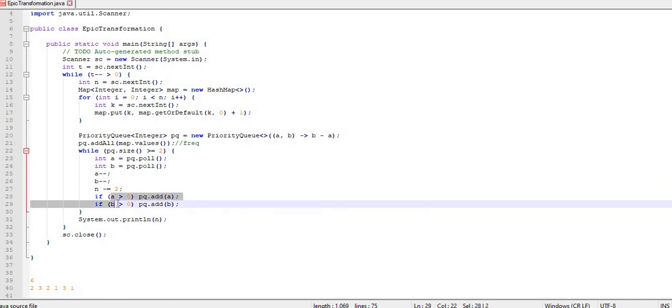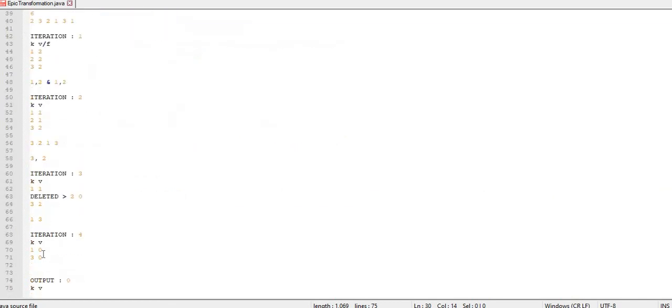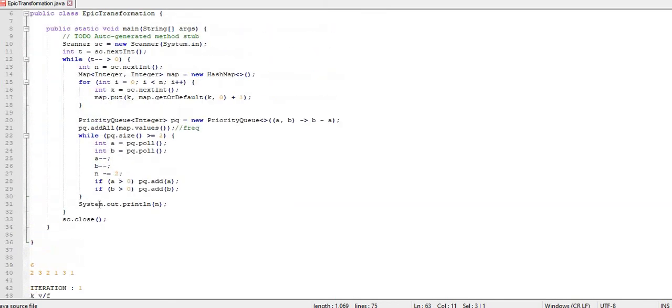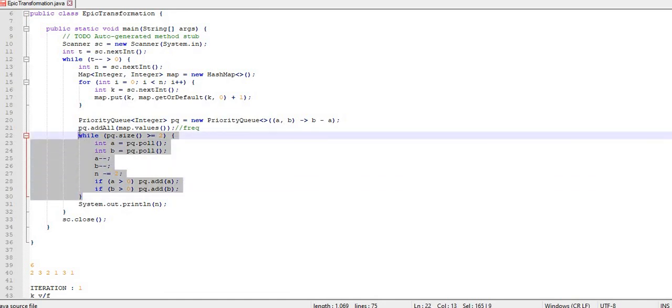But if it reaches 0, for example this one, once the frequency of this 2 is 0, I don't need to add it anymore, because there is no valid combination I am going to have if the frequency of the element is 0. That way it will keep on performing the deletion of pairs throughout this priority queue.